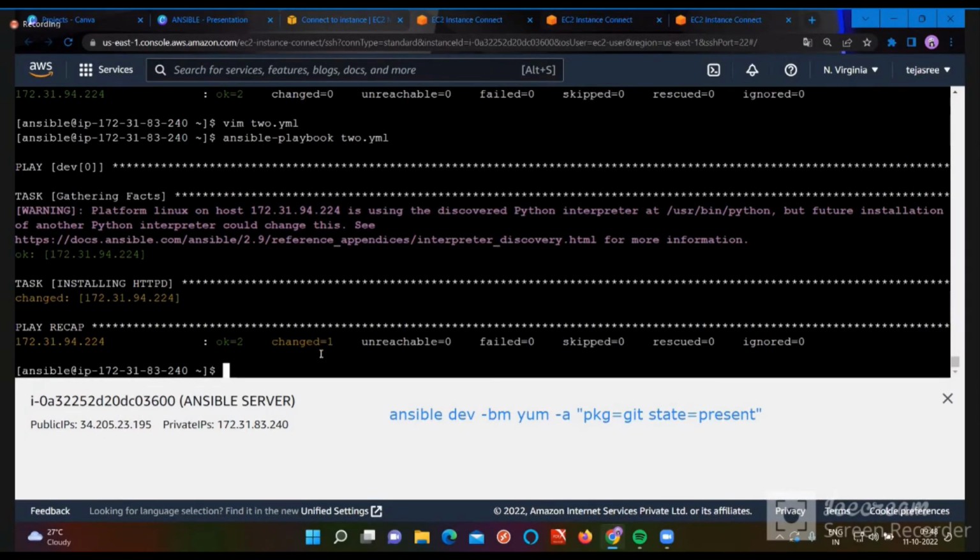How many changes? But if you observe, was this playbook executed on both nodes or a single node? A single node, because we have given dev of 0, right? So it is going to execute on node 1 of the dev cluster. Is it clear? This is the way we work with variables. Is this variable concept clear for all of you? For everyone? Okay. Now I am going to explain a concept called